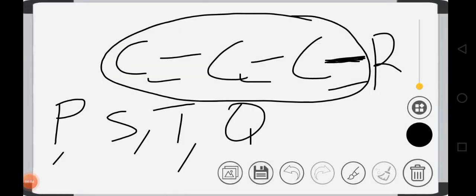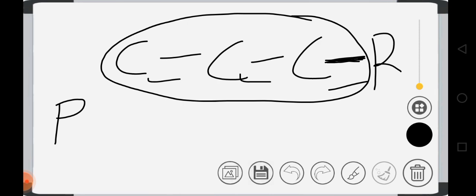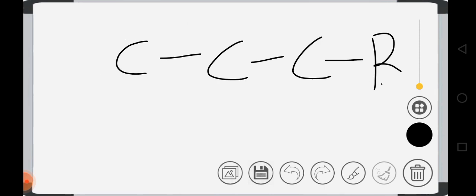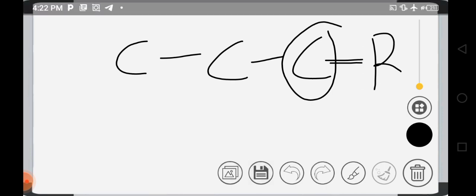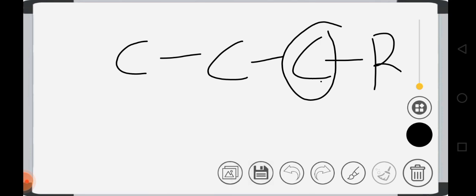Now let's check the carbon this parent name is attached to. What kind of carbon is this? How many carbons is this carbon attached to? This one is not a carbon, so we are not considering that. If you check very well, you discover that this carbon is attached to just one carbon. So since it's attached to one carbon, it is a primary carbon. So since this primary carbon is attached to the parent name,